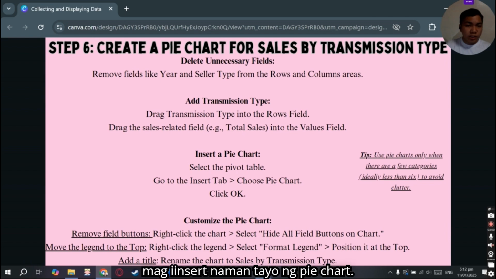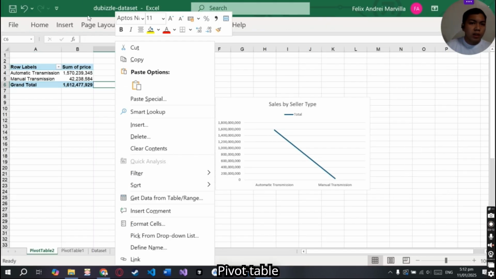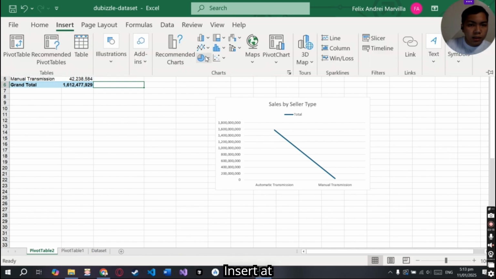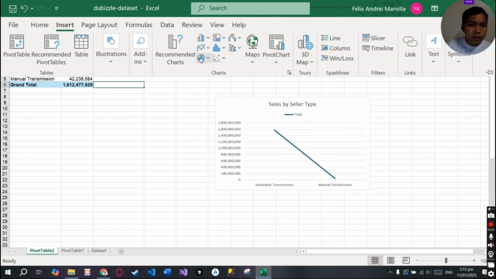Ngayon, mag-insert naman tayo ng pie chart. Ngayon, i-click natin ang pivot table, insert tab at choose pie chart and click OK.